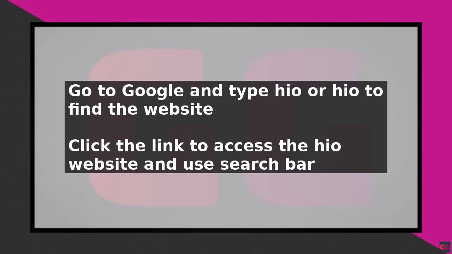To download Fart Killer on a PC or laptop, start by going to Google and typing in Hio or h.io. The first website that appears is Hio, which is a platform where individual creators and developers share their games for purchase and play. Click on the link to access the website,